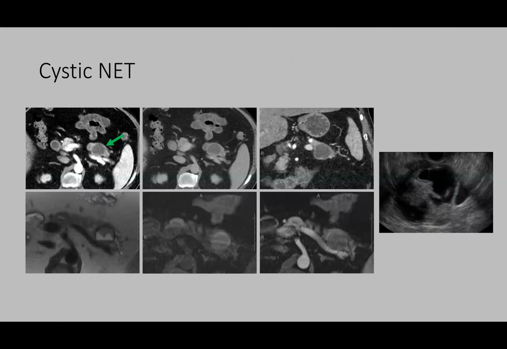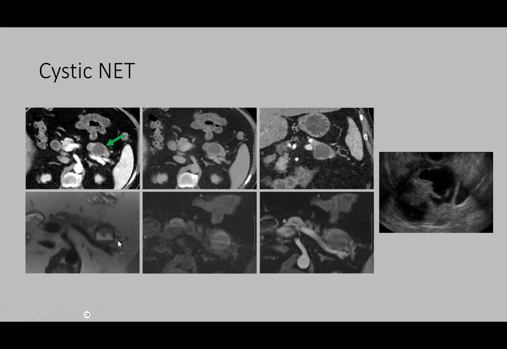Here's a classic example of an almost completely cystic neuroendocrine tumor. These are the ones that can be diagnostically difficult, and they look like MCN or a branch duct IPMN. But what you need to look for is enhancement of the relatively thick wall, which is more than the background pancreatic parenchyma. Often it enhances more in the pancreatic phase, but you may see that the enhancement is more pronounced in the venous phase sometimes. In this patient, you can see that it looks predominantly cystic, relatively homogeneous on CT scan,